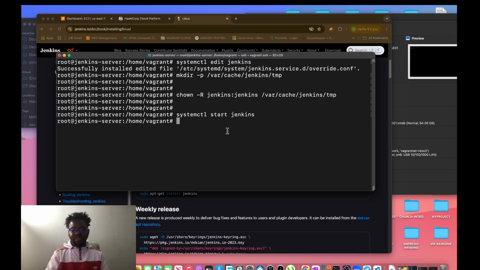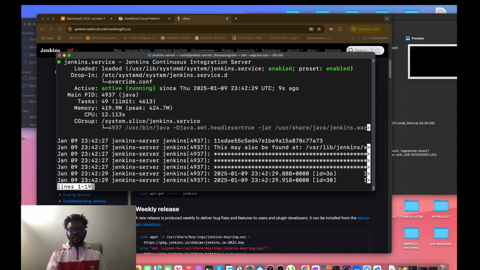This should start with Jenkins. Now our Jenkins has been started. Now let's check the status of our Jenkins, of our application. Okay, it started and is running, no problem. You can see it started and it's running. Now that it started, see this actually right here is the